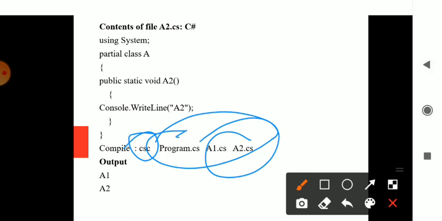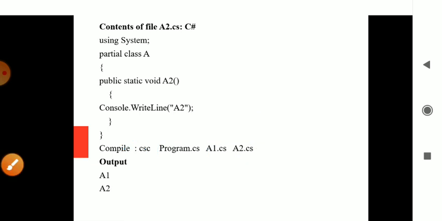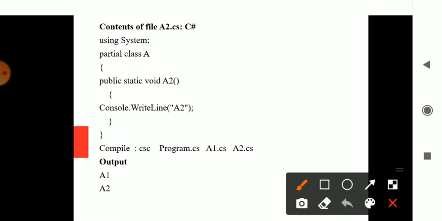If you give this, it will execute and print a1 and a2 on separate lines. The separate methods consist of two messages, a1 and a2. The first part of partial class A has a1 and the other partial class has a2. They will be printed separately. This is the part called partial. Remember, one class can have multiple methods, and those methods can be in multiple files. That is called partial types in C#.